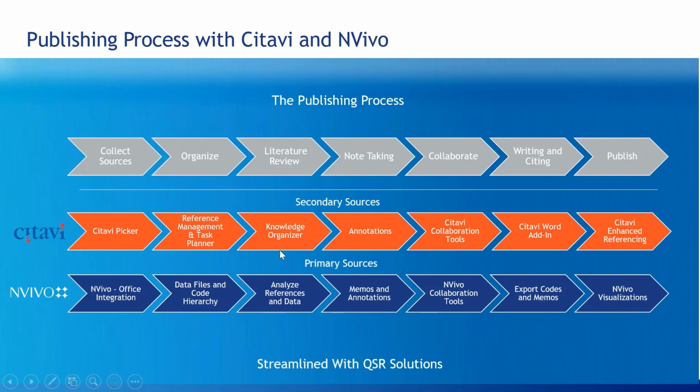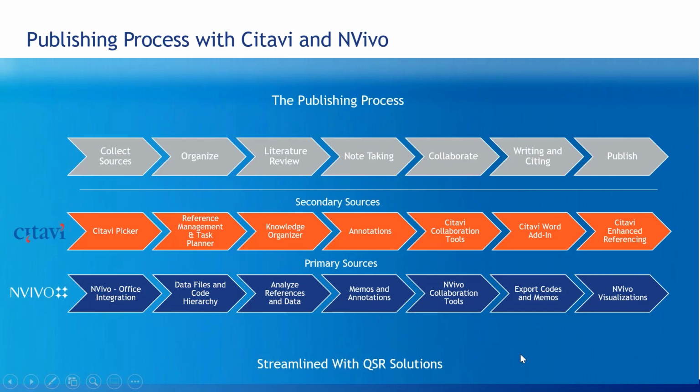So Citavi helps with organizing the writing of literature and finding those references, and then Invivo will go beyond that and help you pick out key things you want to write about, which I'll show you. They both help with note taking. They both can help you with collaborating. So both have tools where you can collaborate with your team, and then of course helping you with the writing process. So Citavi has a Word add-in I'll show how to use,